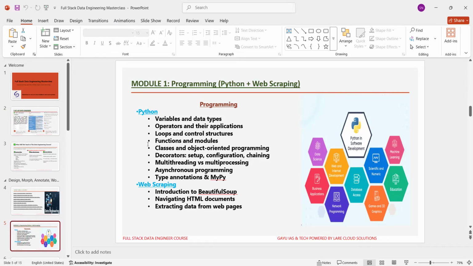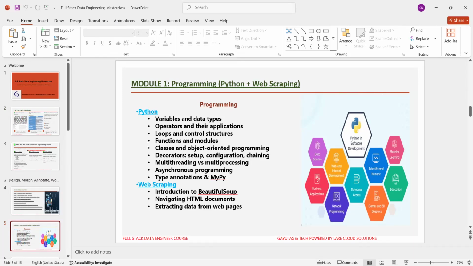By the end of module 1, you will understand Python end to end, write efficient, clean code in Visual Studio Code, scrape, clean, and structure web data, and handle basic sector tasks just like in a real engineering job. Be prepared to answer interview questions related to Python data types, classes, web scraping, and async processes.